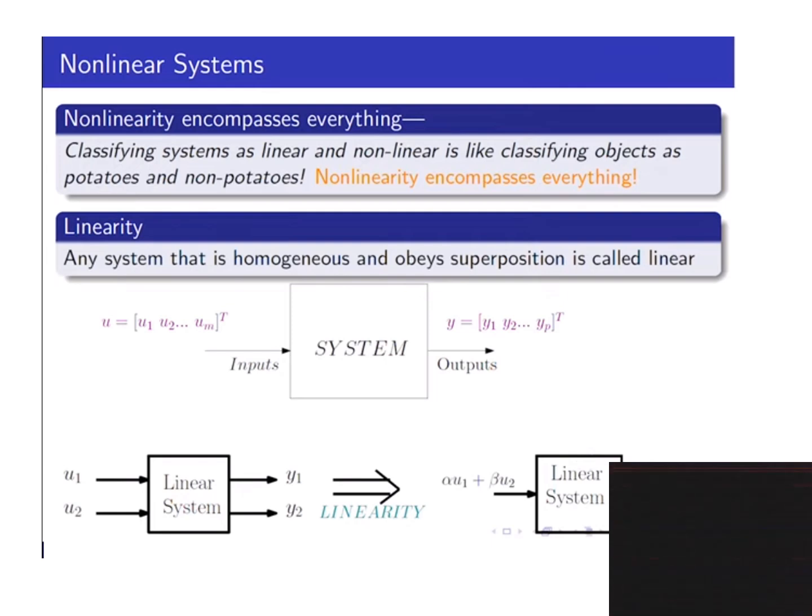You can say a system is linear when the linear combination of inputs gives the linear combination of outputs. The linear combination, in the sense alpha times U1 plus beta times U2, should be equal to alpha times y1 plus beta times y2. That is called the superposition principle. I hope you are clear about what a linear system is, right? Once you are able to classify what a linear system is, then coming to a non-linear system, a non-linear system is nothing but classifying an